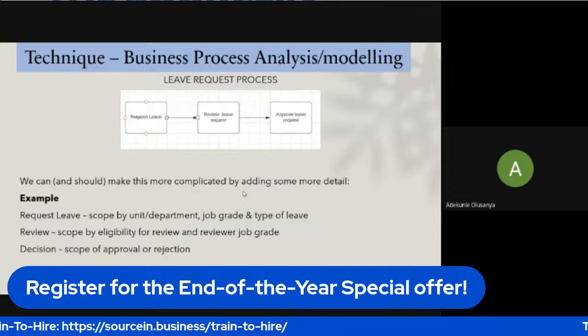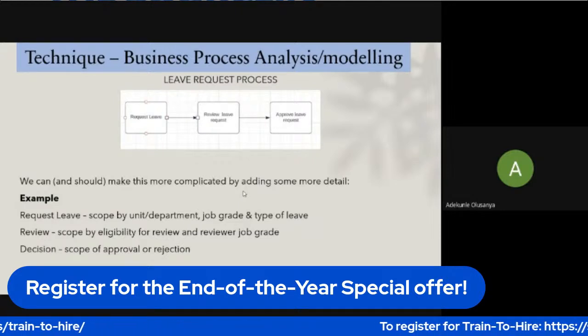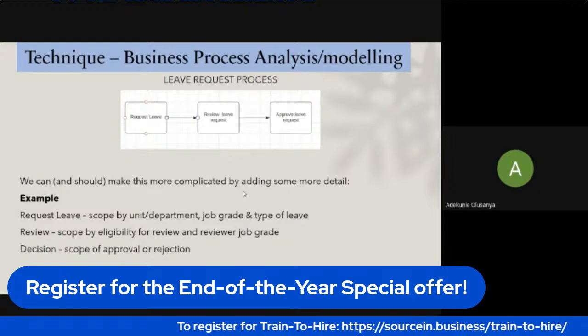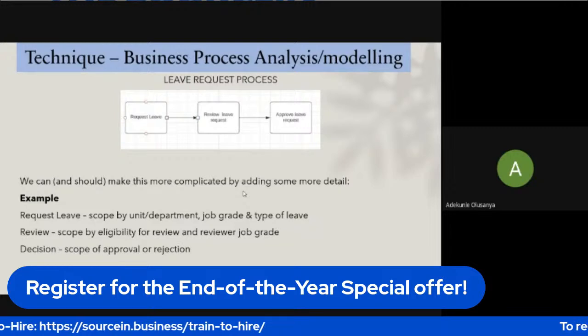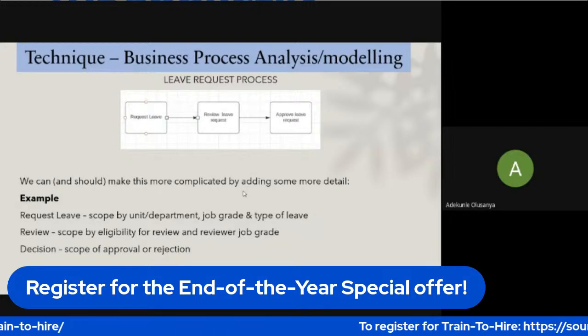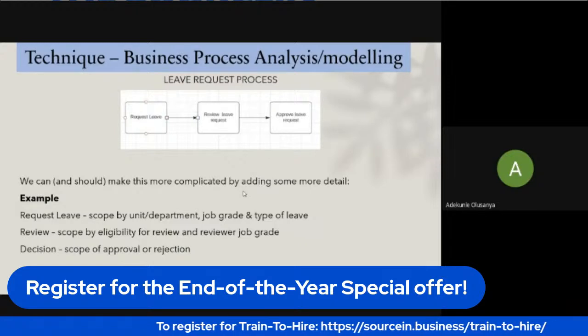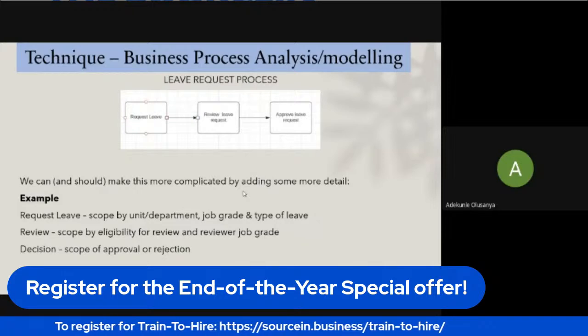Now, we're spending so much time looking at the techniques because these are the things that you need to deliver on your role as a business analyst. Yes, you need to understand the fundamentals, you're here to do that, but the techniques are very important. I recall that I said this about a week ago that when we begin to talk about techniques, we might spend 3 hours working on just one technique, and it's important. It's not time wasted. We need to get a good handle on these techniques.